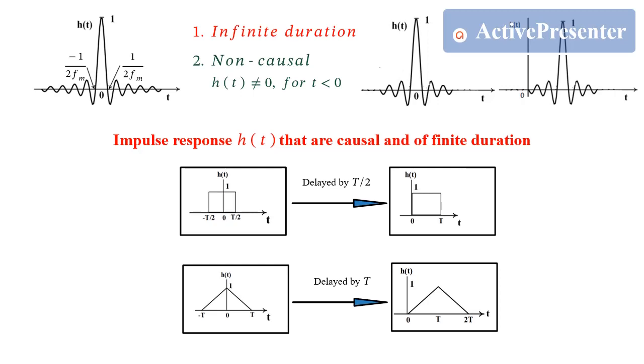But before that, remember, this delaying of impulse responses should result in a delayed output by the same time amount if the system is a linear time invariant system. Practically, the width of these pulses is very small, and this delay imposes a negligible effect on the output signal. Let's see these impulse responses.